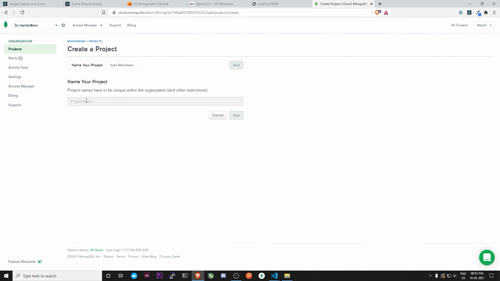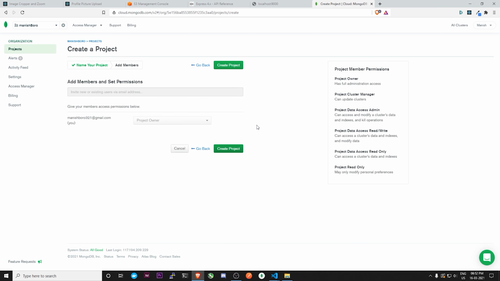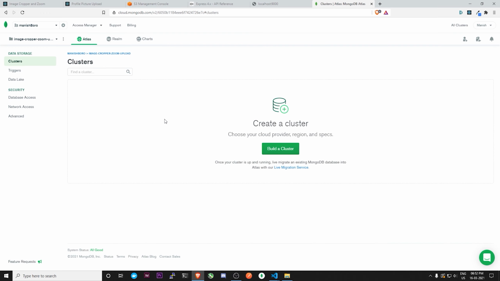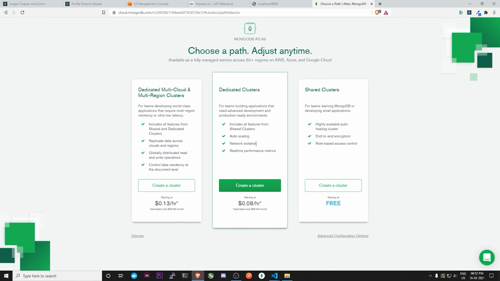So I'm going to name this project as, let's say, image cropper zoom upload. So this is the name of my project, and just click on create project, right? So now just click on this build a cluster button to create a free cluster. So here you have some paid clusters which you do not need as of now. So I'm going to create a free cluster